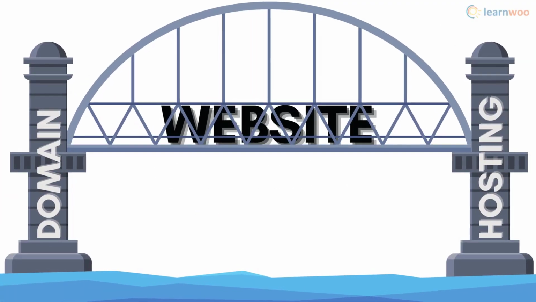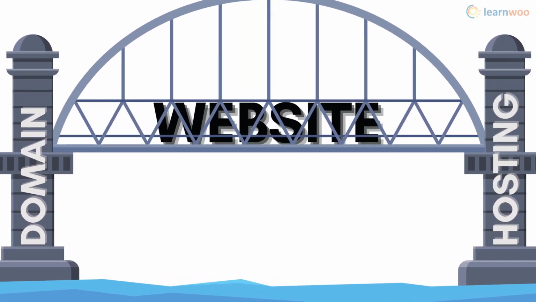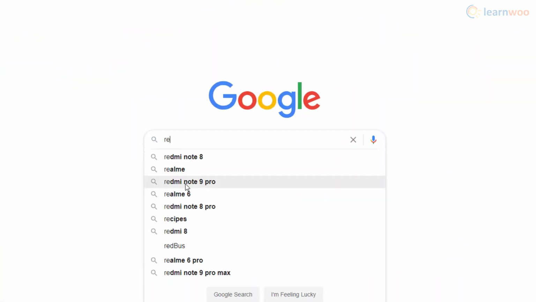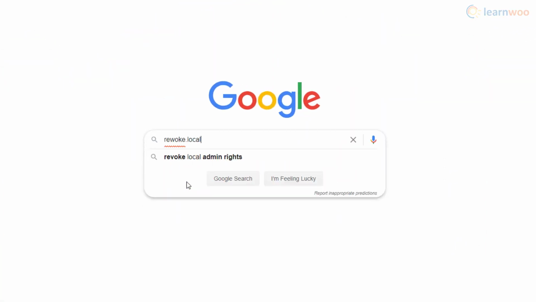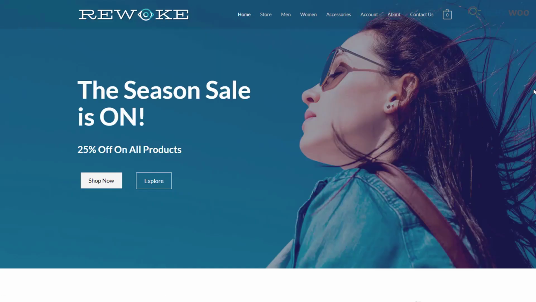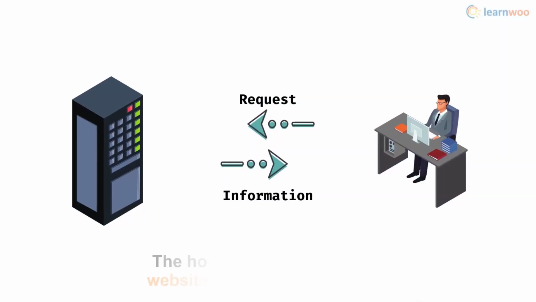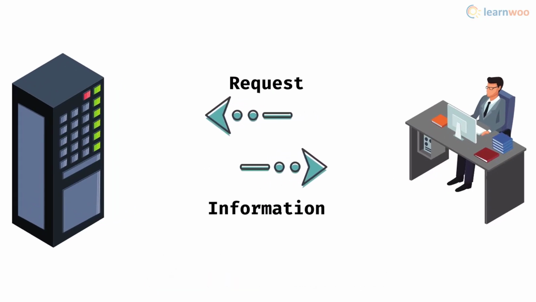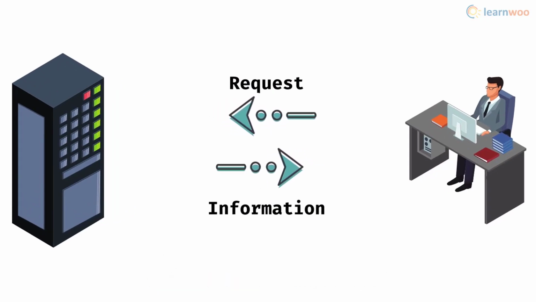Our dropshipping website cannot exist without a unique domain and hosting. The domain is the identity of your website. People can type it into a browser and instantly reach your website. And the hosting is where all your website's information and files are stored. It's like a computer that sends your website's information to people looking for it at any time from anywhere in